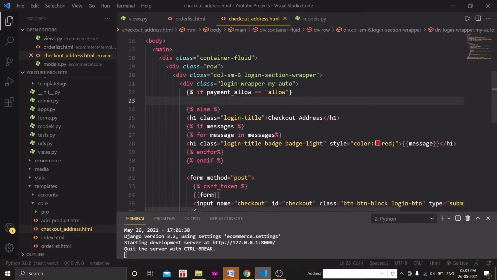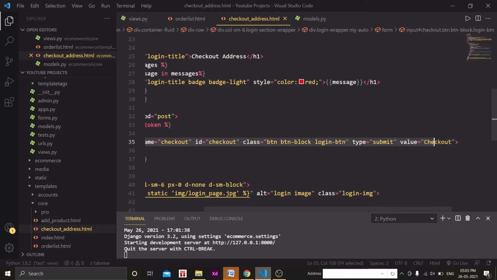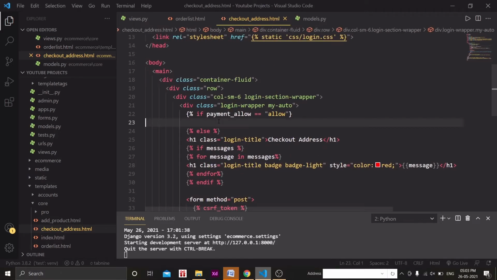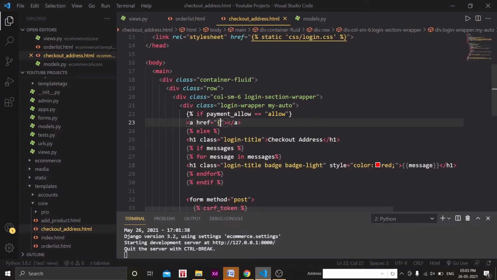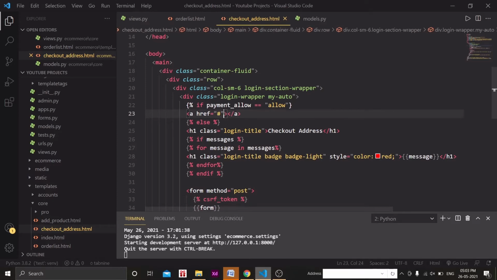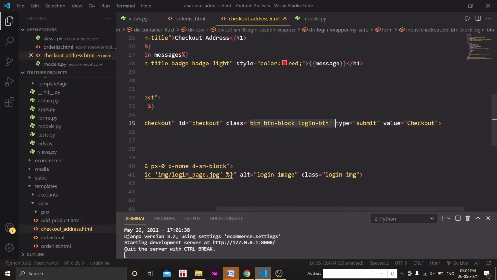Okay, so what we can do here, we can pass the value submit, of course, or an anchor tag. We can say similarly add an anchor tag, and here we will pass the URL for the payment page to go to payment page directly, right? And I can add its class just like the button which we had for the submit button.